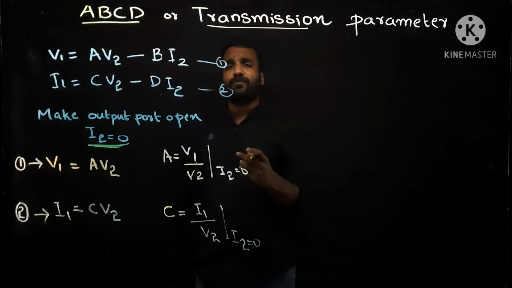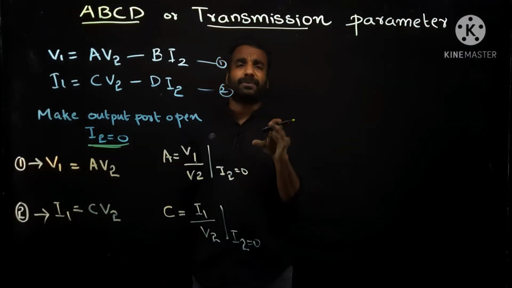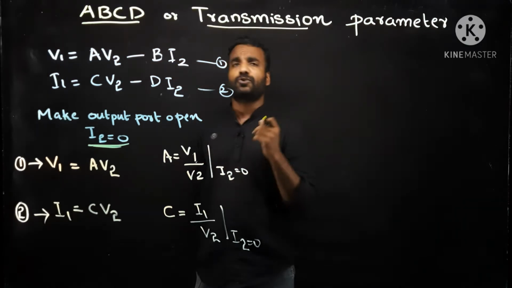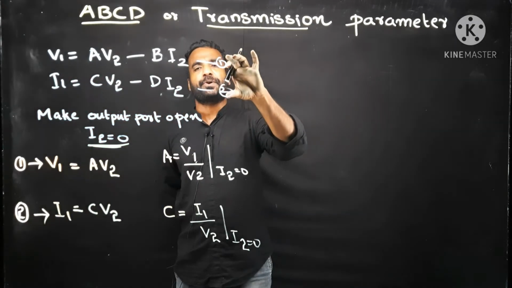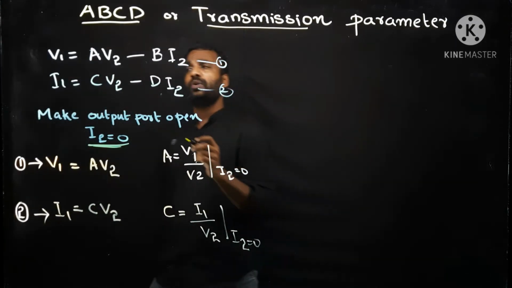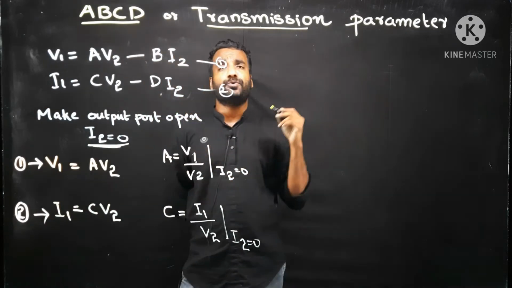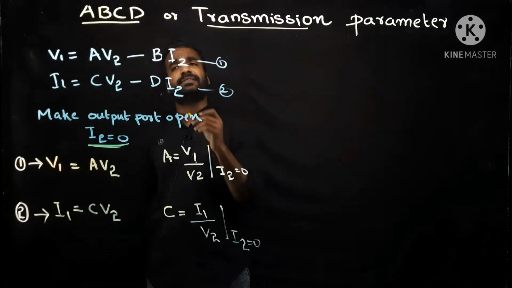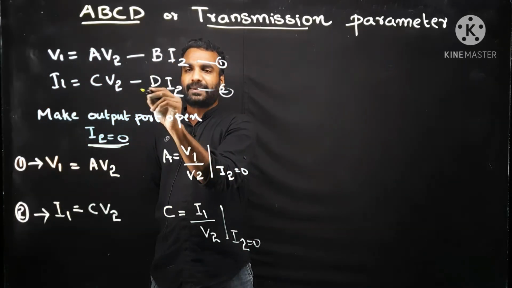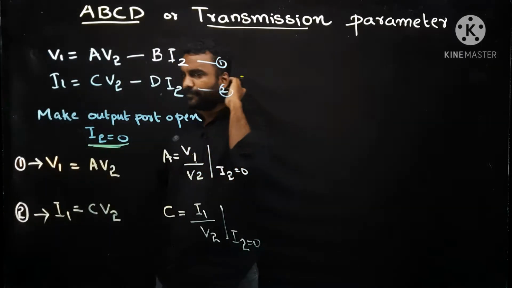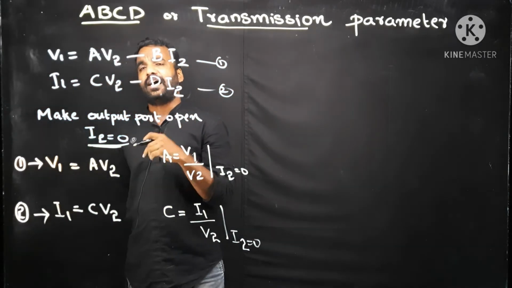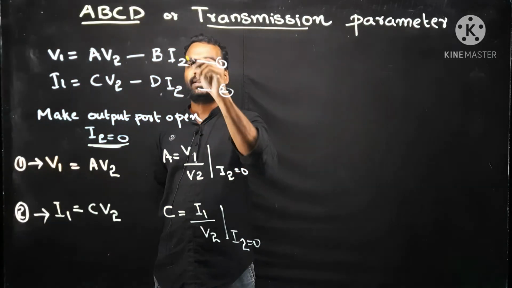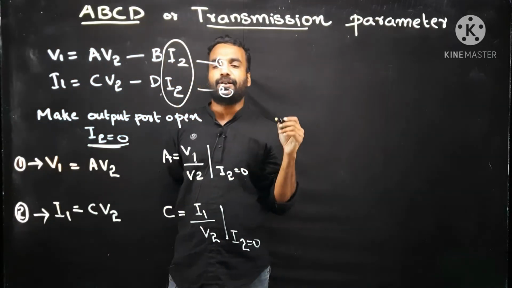So now we are going to find each term from the matrix, that is A, B, C, D. We have to find each parameter. So how can we find? These are the basic equation number 1 and equation number 2, which is V1 is equal to A V2 minus B I2 and I1 is equal to C V2 minus D I2. In some books you can see plus B into minus I2 and plus D into minus I2, that is also right. So now I want to find A and C. How can I find A and C? I want to make the second term 0, that is I2 should be made equal to 0.